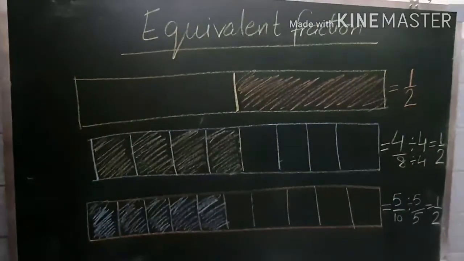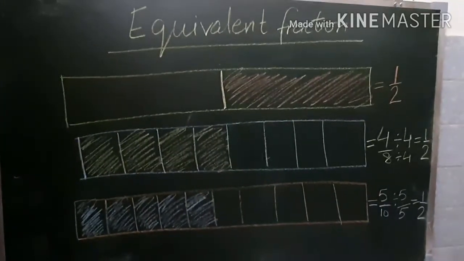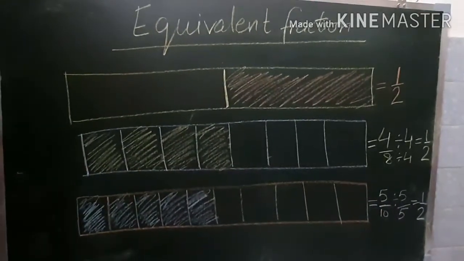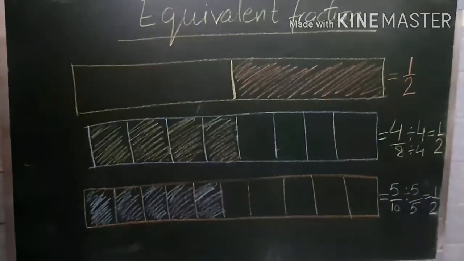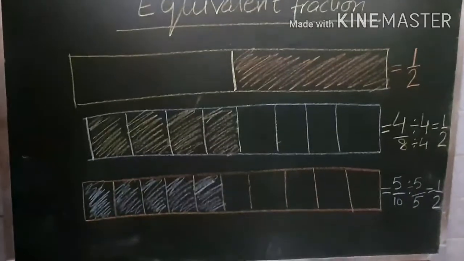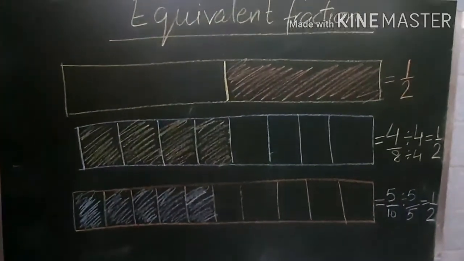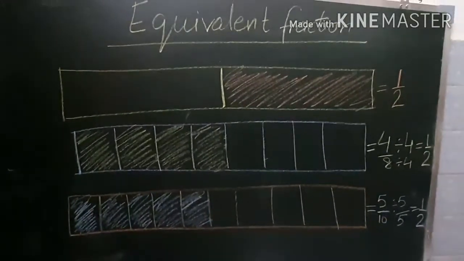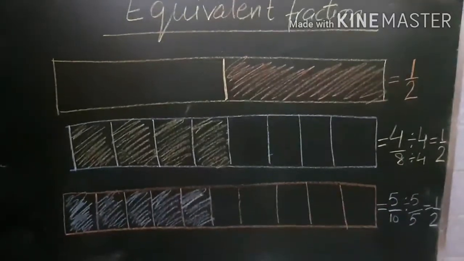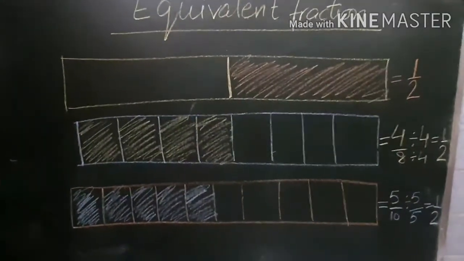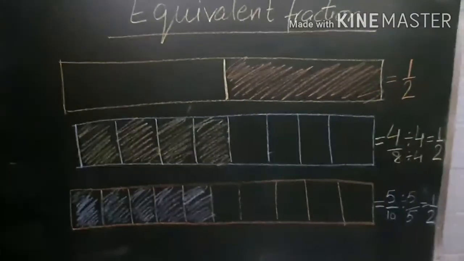Now what we learned today is what a fraction is, proper fraction, improper fraction, equivalent fraction, how to convert a mixed fraction into an improper one, and how to convert an improper fraction into a mixed fraction, and the main part, how to find a fractional portion of a collection. I hope I made myself clear, and now you are able to identify and convert these numbers according to the question.